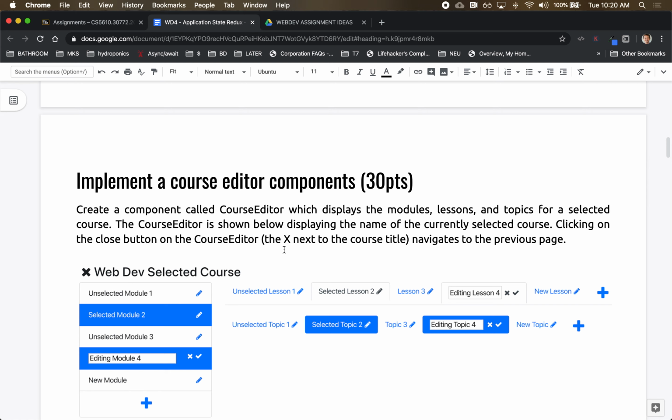You can go back and if you click on a particular course module, if you click on any module, it highlights it as the currently selected module. If you click on this one, it selects it. So right now these are examples of unselected modules. If you click on it, it becomes selected. It always displays just a pencil for editing. If you click on the pencil, it replaces the label with an input field with the value of that module. Yes? It also hides the pencil, but shows an X for removal or a checkbox for OK, for